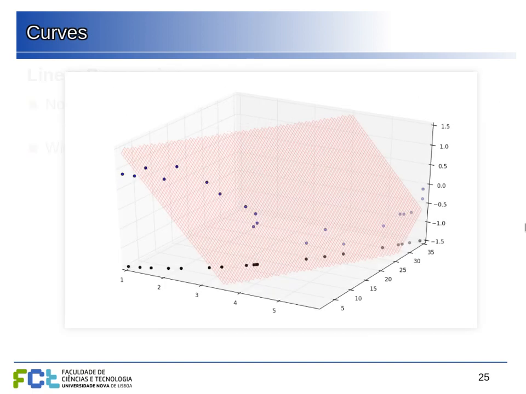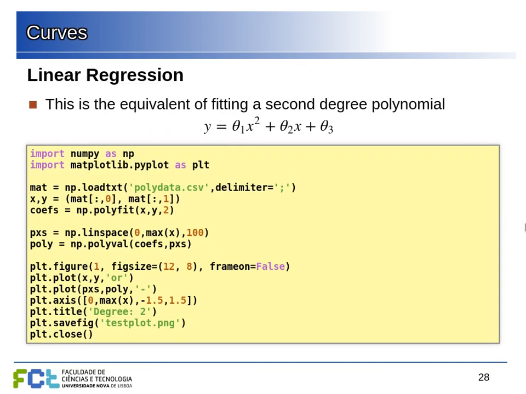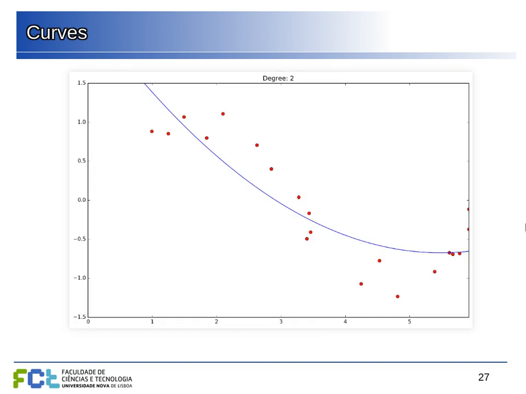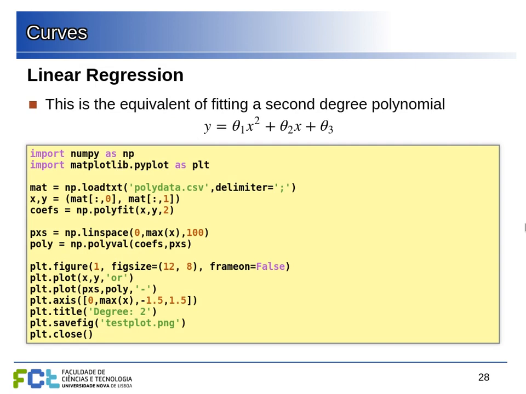So this is what we can do if you want to do it in Python with the libraries that we're using. We import NumPy. NumPy is a library for numerical processing. Matplotlib, this pyplot is just to do the plots. So loadtxt allows us to load the data. Let's imagine that we have these points in a CSV file separated by a semicolon. You can do this, load the data. This gives you a matrix which has each data point in a row, and the 2 columns are the x and the y. So we can separate the 2 columns.